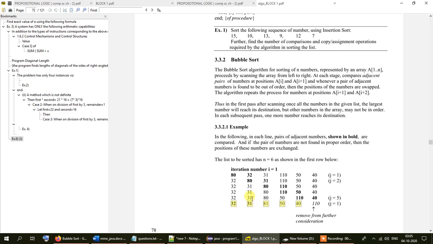Initially we are sorting through the entire list of elements, but after one iteration is over, the highest number in the array has already settled at the bottom of the list, and in the next iteration, that is iteration number 2, 80 will be stored at the second last position, that is the last but one position.